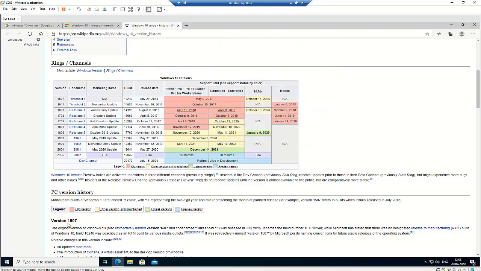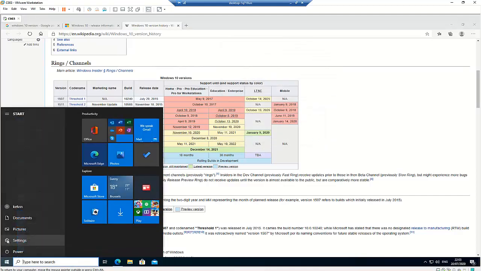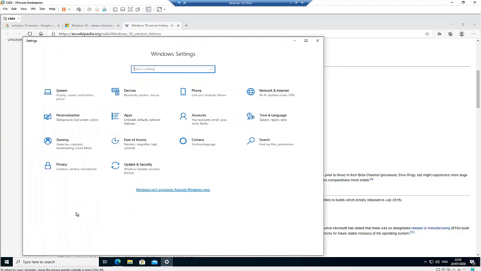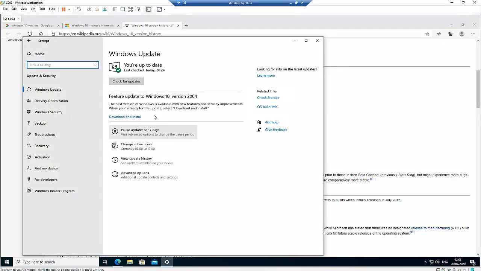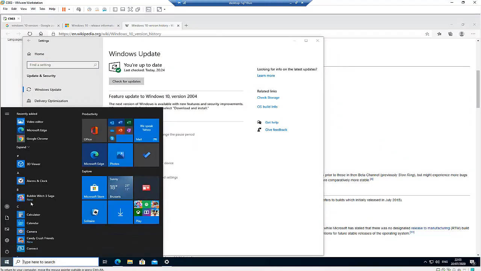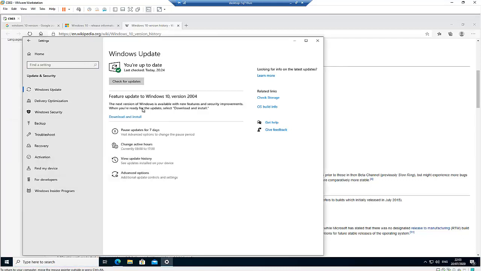Right now, if I go to my start menu and click settings, under settings I need to go to Update and Security. And here you can see that I've already installed Windows version 1909. And right now, it says that the feature update to Windows 10 version 2004 is ready for me to download and install. So if you think you don't have this version, and you are not seeing this message of the feature update to Windows version 2004,